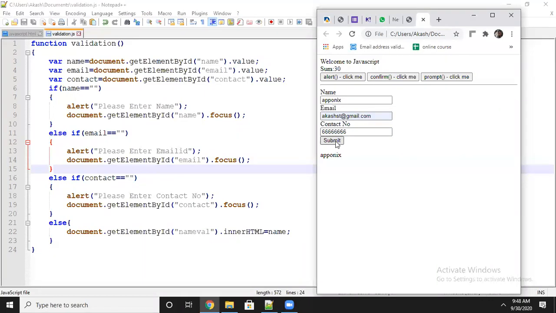Now see, the output is coming, but only the name is printing. Email ID and contact number are not printing, because we did not take any tags for them and did not assign any values. Sorry, I will assign the values also.